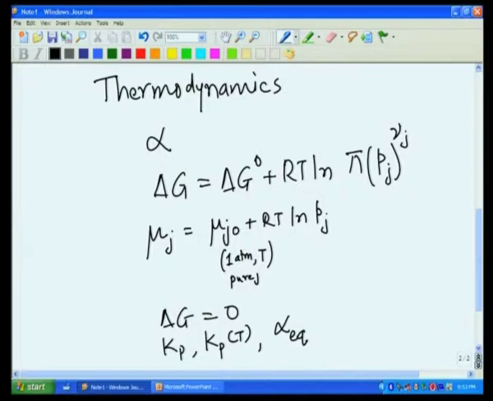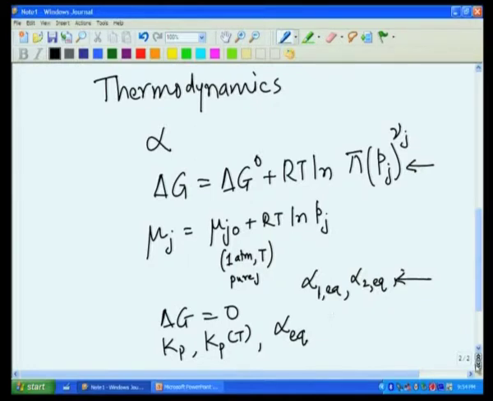If there are a large number of reactions, no problem, we have equilibrium extent of reaction for reaction 1, for reaction 2, reaction 3 and so on, and thermodynamics tells us that if there are R reactions, then at equilibrium each of these reactions is individually at equilibrium. So, we have R such conditions which allows us to calculate R unknown values of alpha.